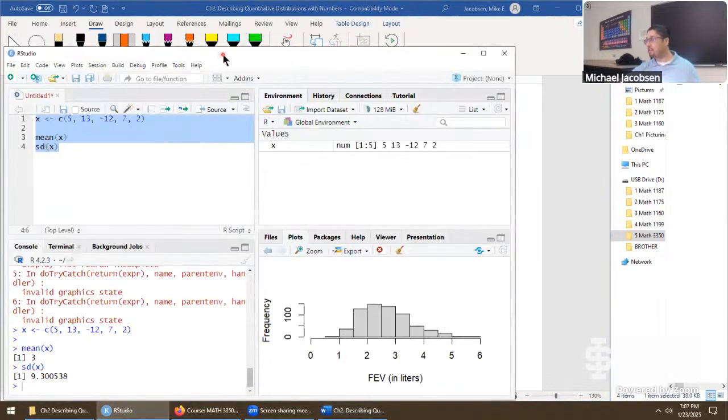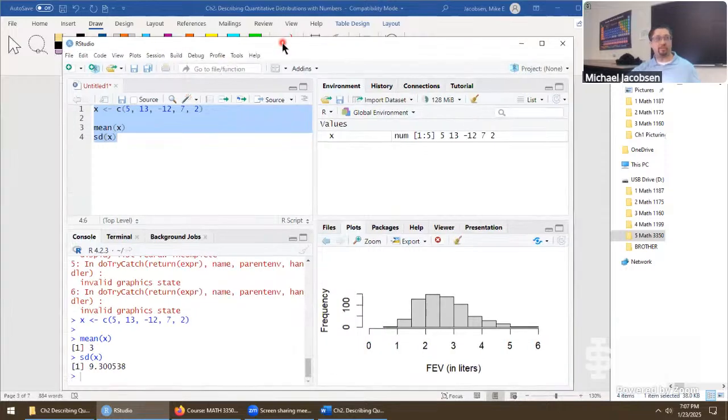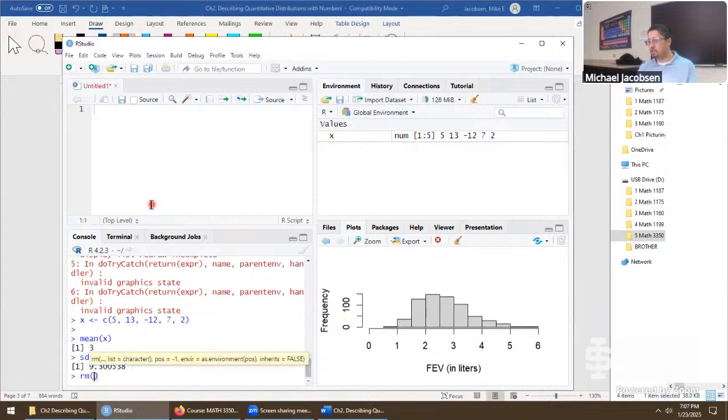So we're back over here. We're still learning this import function, so I'll go slow for the first few times we do this. But really the first thing I'd want to do is delete everything right here. Delete everything in the environment. You can either use the broom icon as before. There's another weird way to do this. You can say rm list equals.